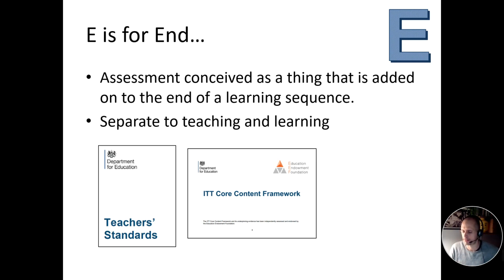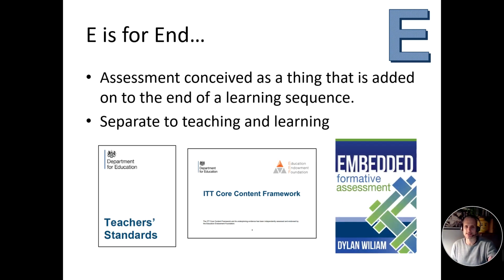But hold on a minute, that's exactly what I'm doing in this video. I'm separating out assessment. So it's a problem for everyone here. To make something explicit, to highlight something, you have to separate it out. But actually, what we should be doing is looking to embed. Hence the name of Wiliam. A lot of Wiliam's work is about embedded formative assessment. It's something that isn't othered in terms of the teaching and learning processes.